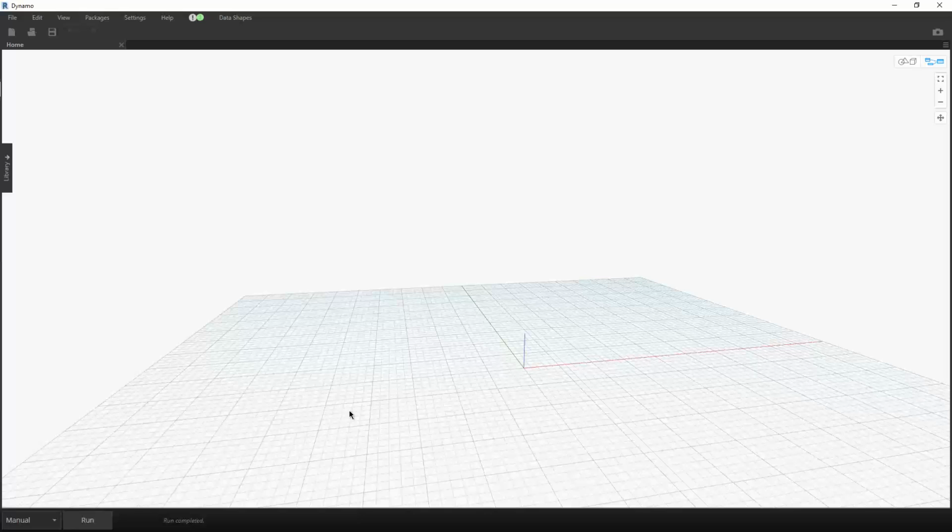And what is the difference between this automatic and manual? If it is kept in automatic mode, whenever you make some changes here, like placing some nodes or doing some operations with this node, the moment you start placing the node, the script will start executing, and whatever changes you make, it will instantly execute and try to give you the results. If you are playing with geometries, that could be helpful,